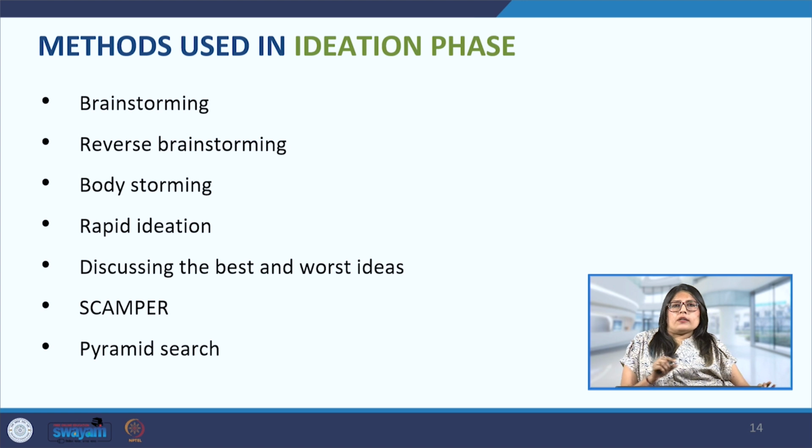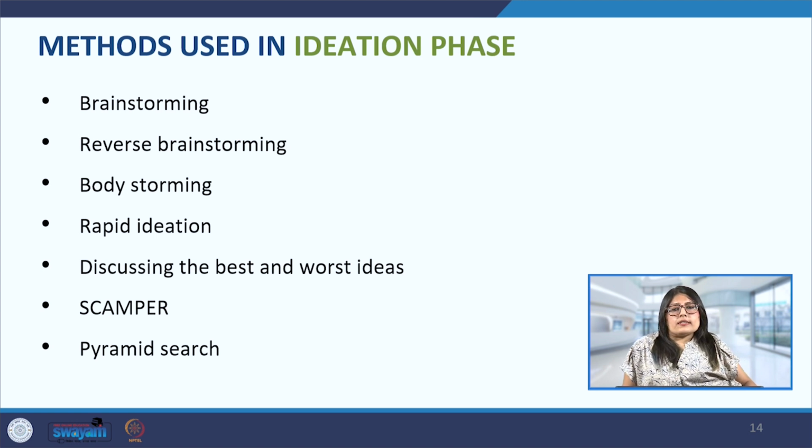Now the next method is discussing the best and the worst ideas. So these are on the spectrum: the best possible idea and the worst idea. So we know which is the most promising solution. And we also consider the potential pitfalls, because the best idea may be best, but maybe it is not possible to implement it. Or the worst idea is actually not really adding any value or not really adding any problem. So we have to evaluate both the extremes, and with the help of our critical thinking, it can lead us to a more balanced, well rounded approach, wherein we're able to solve the problem more effectively.